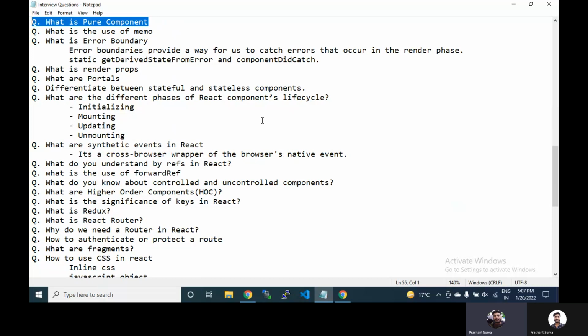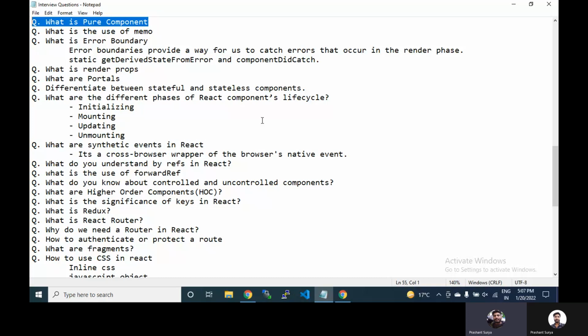If you want to avoid this unnecessary loading when there is no change in the child component, then you convert your component into a pure component. If you are using a functional component, you can convert it using memo. Before exporting your component from the page, you can pass the component inside memo, and you will be able to convert your function component into a pure component.